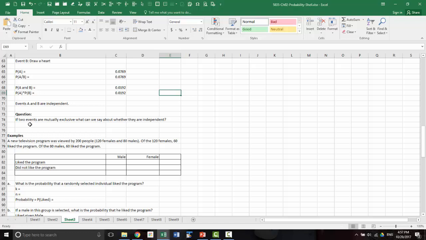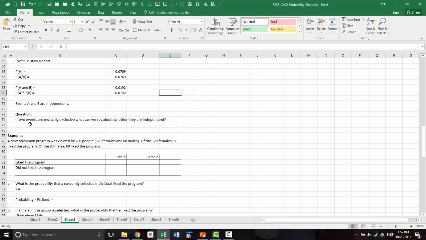Another way of looking at it is, if the two events are mutually exclusive, that means the probability of the intersection is zero. There is no intersection, so the probability of the intersection is zero. For the two events to be independent, the probability of the intersection must be equal to the product of the two probabilities. So if you multiply two probabilities, probability of A and probability of B, that can never be zero unless one of the events has probability zero, which means that event doesn't even exist. So there is no question of it being mutually exclusive or independent or anything.